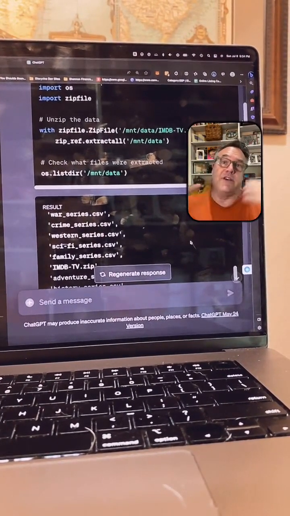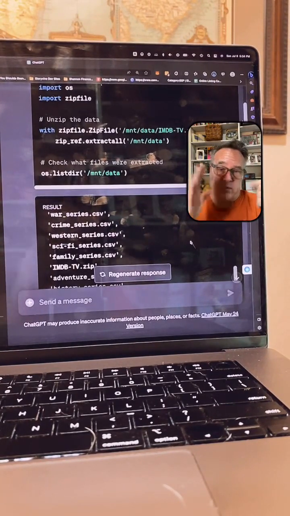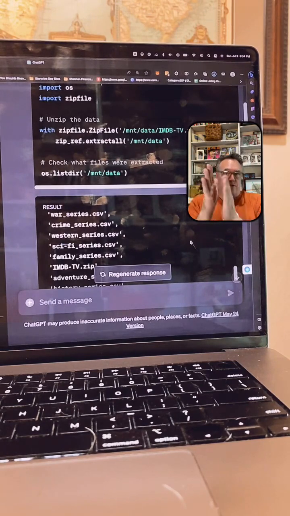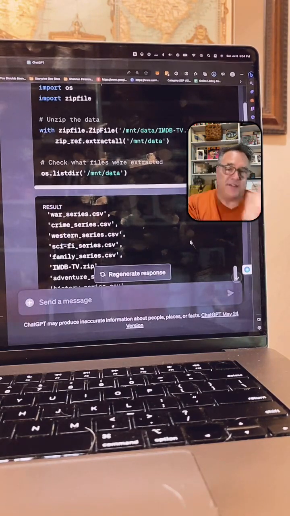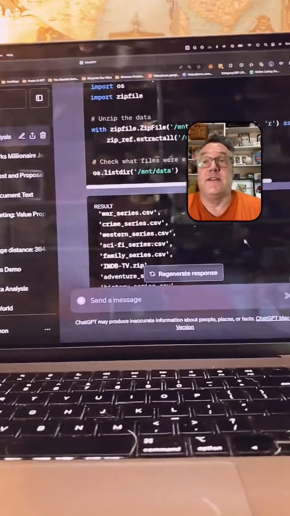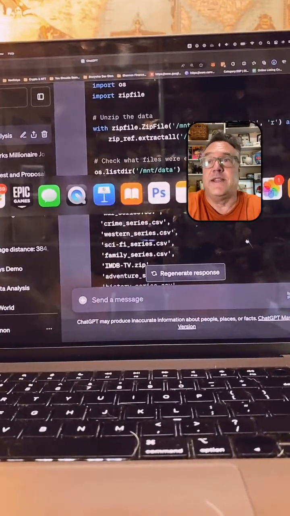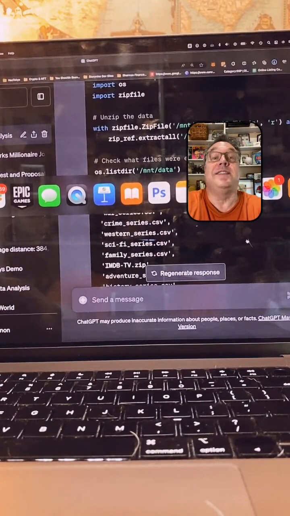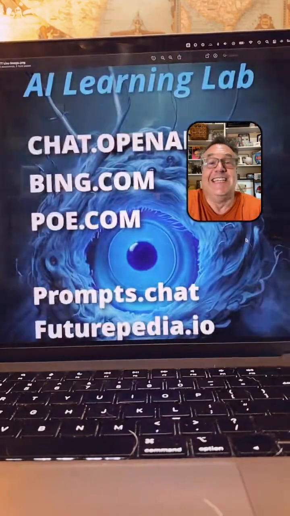And so if you can get good at instructing these tools what to do, where you're the pilot and it's your co-pilot and it's doing these things for you quickly, that's great. But anyway, if you haven't seen Code Interpreter, that's what it does. It's nuts. It's nuts. It's nuts, I tell you.